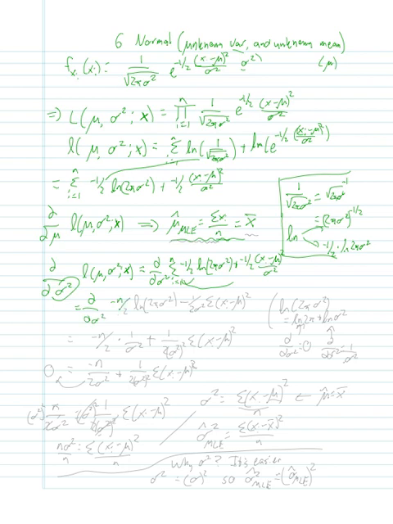So we have the derivative with respect to sigma squared of negative n over 2 ln of 2 pi sigma squared minus 1 over 2 sigma squared sum of xi minus mu squared,